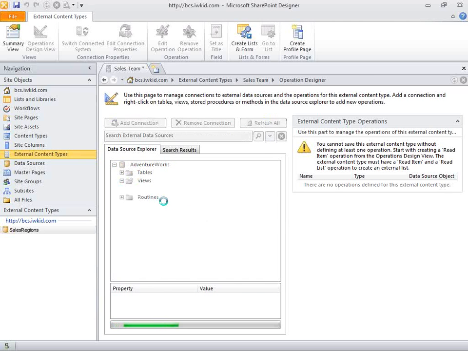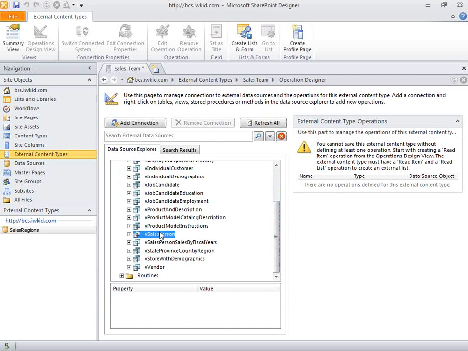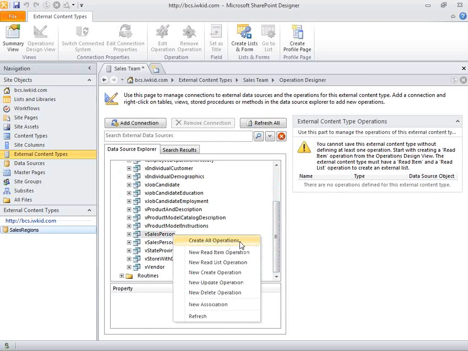So we're going to go into views this time, and we're going to look for the salesperson. And if we right-click on that, again, we've got create all operations, or we've got the individual operations. We're going to walk through just what it takes to create a read-only external content type this time. So again, over here on the right-hand side, you can see that those are the two operations that are required in order for this to be used within an external list. So we'll try that out. We'll go ahead and